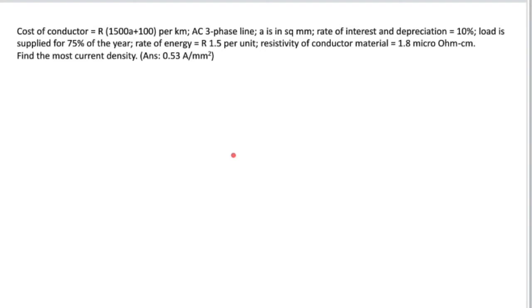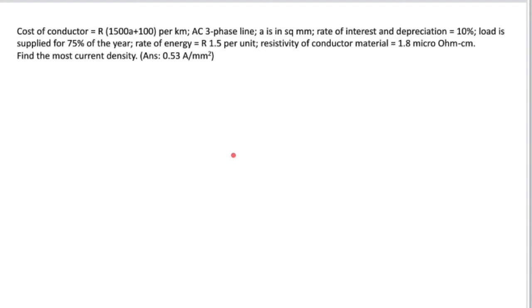Now energy wasted is equal to, on the following line you write 3I squared R, and then that whole equation up until you get to that 1.5 rand per unit, that number. So 3I squared R times 1.8 into 10 to the power minus 6 over A times 10 to the power 6 times 8760 times 0.75 times 10 to the power minus 3 times 1.5 is equal to